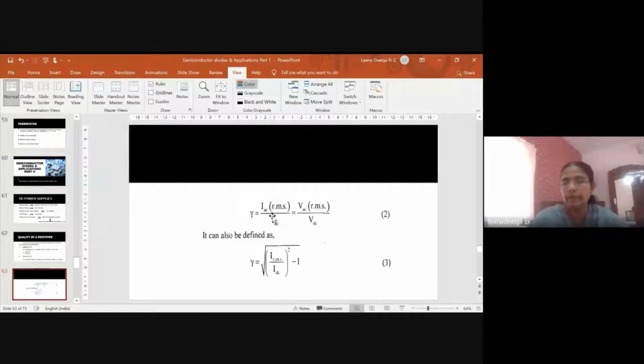We can represent this gamma in terms of current and voltage. So in terms of current, it is IAC divided by IDC. And in terms of voltage, we can represent it as VAC divided by VDC. Here, VAC is the root mean square value of the AC voltage. And another equation for this gamma is root of (IRMS by IDC) the whole square